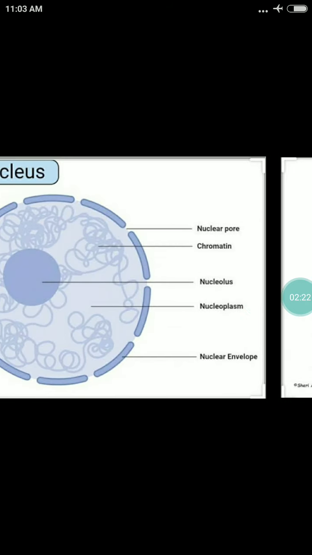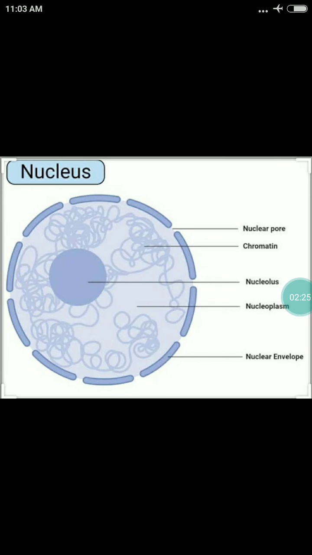Nucleus. Nucleus is a spherical structure present in the center of the cell, surrounded by the cytoplasm. It is also known as the control center of the cell. Generally, only one nucleus is present in a cell, but in some cases, more than one nucleus may be present. Nucleus consists of four parts: nuclear membrane, nucleoplasm, also called nuclear sap, nucleolus, and chromatin materials or chromosomes.